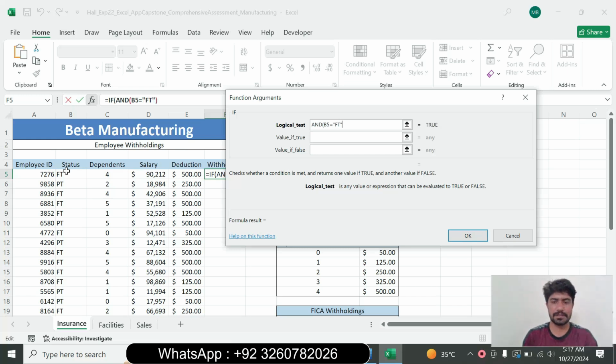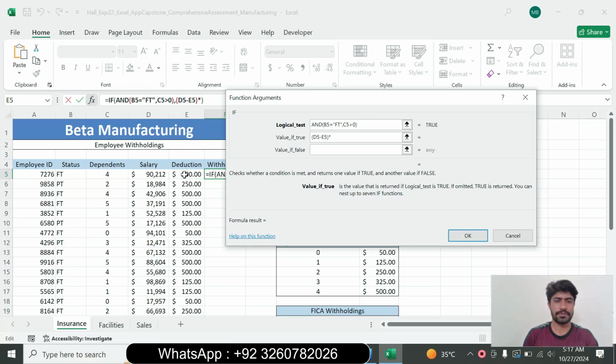Type FT, apply a comma and select the dependents cell C5 greater than 0, close bracket. The value if true is: select the salary cell D5 and the education,